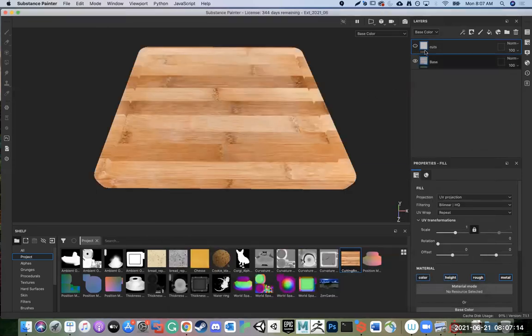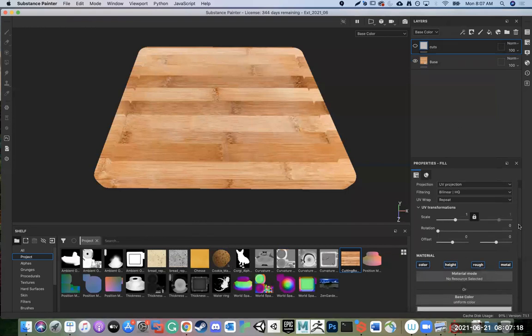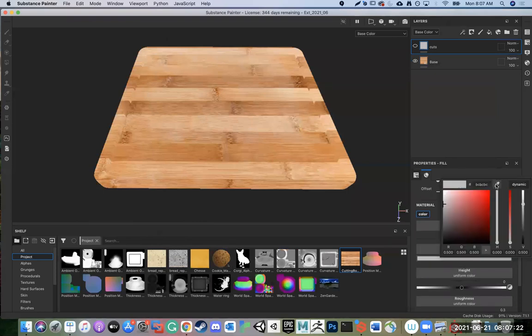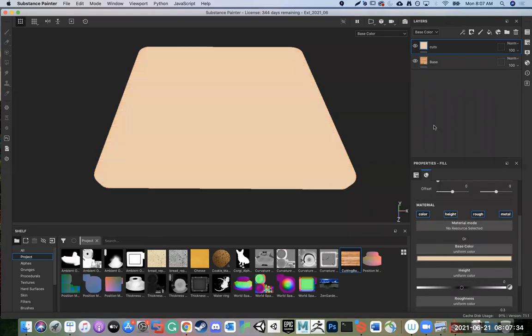So what I'm going to do actually is get my color based on reference. So here's the crazy thing about wood cutting boards. It's going to have both darker and lighter cuts. We're going to focus on the lighter cuts. It just basically has to do with how deep your cuts go, because you're cutting away the veneer of the surface. So we're going to create a layer that is going to be a little bit lighter,